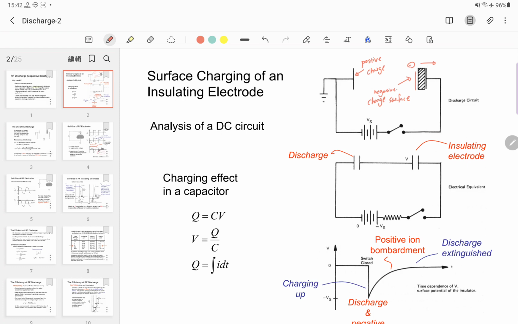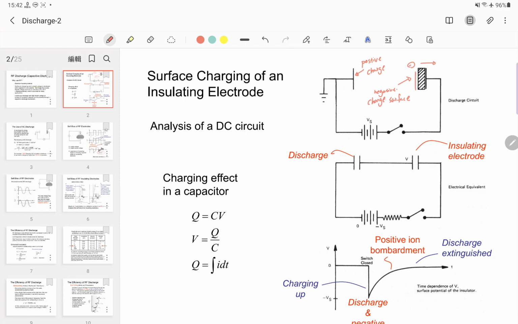Okay. And we can write this equation in another way. V equals Q divided by C. And for this piece of insulating material, the capacitance is a fixed value. So the amount of charge is proportional to the voltage on the surface. Okay. So when we switch on the circuit,